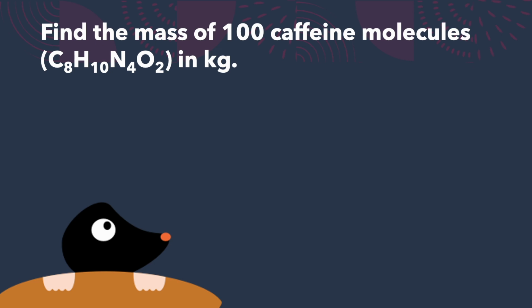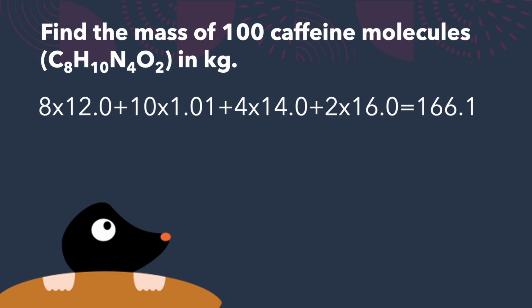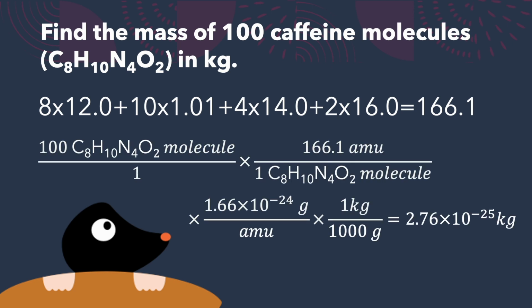One last problem. What's the mass of 100 caffeine molecules? Start by using your periodic table to get all the atomic masses of carbon, hydrogen, nitrogen, and oxygen. Multiply each one by the number of that kind of atoms in each molecule. So we take 100 molecules times 166.1 AMUs per molecule